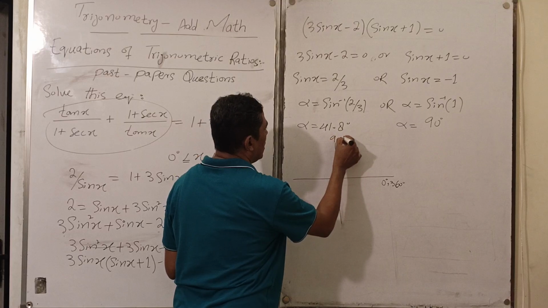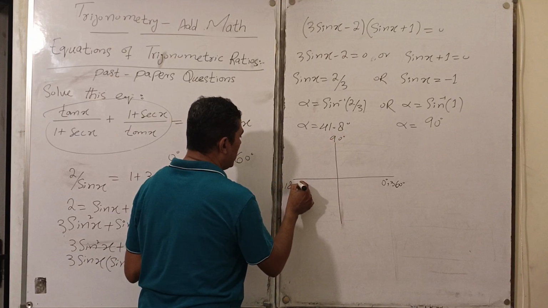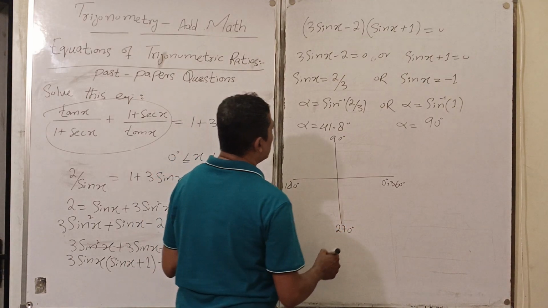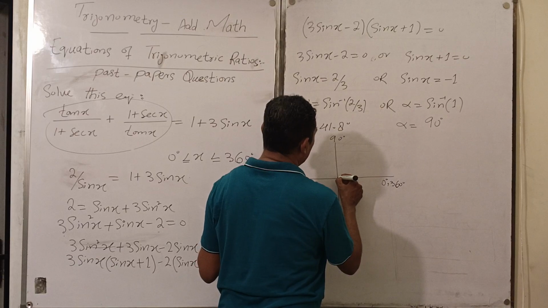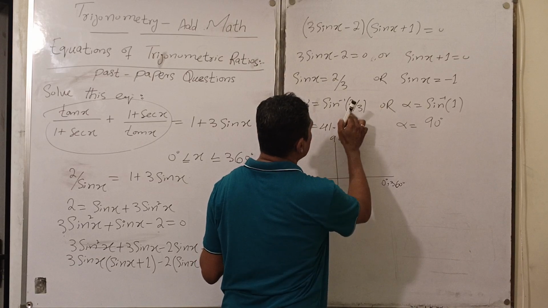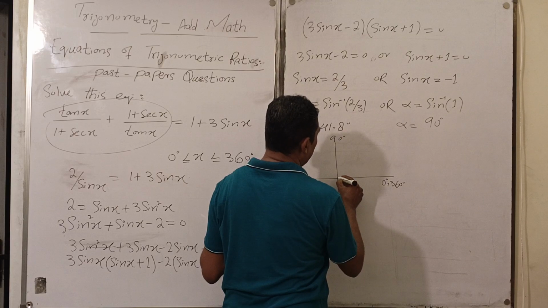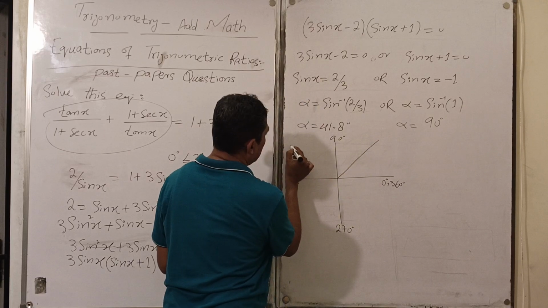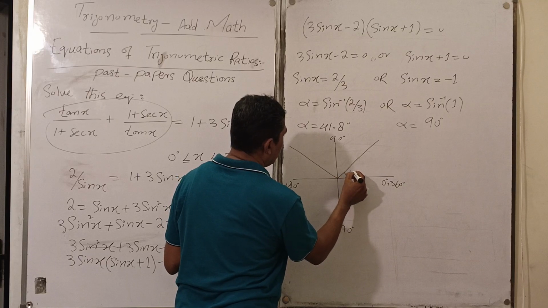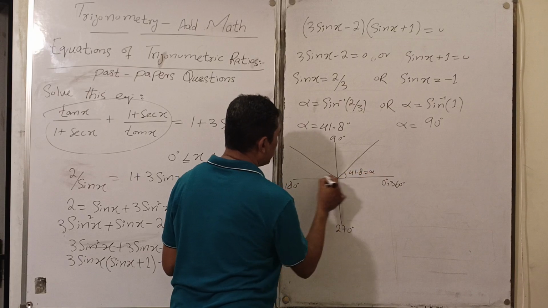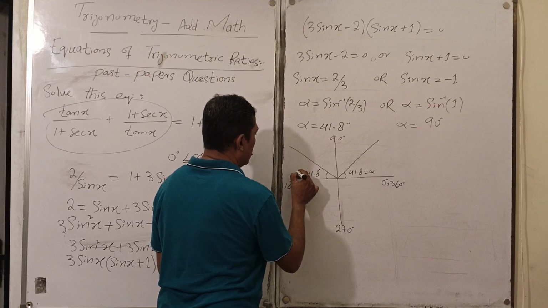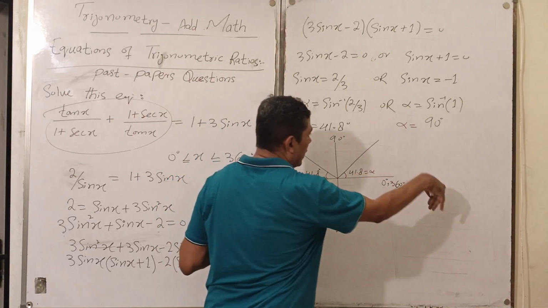Okay, 0 degree and 360 degree, and this is 90 degree. It is anti-clock or clockwise movement? Anti-clockwise. Clear? So now the first value is alpha is equal to 41 point something. So sine is positive. So where you will have? So first quadrant and second quadrant. So 41.8 it is alpha, and 41.8 is alpha. We will plot another graph now.